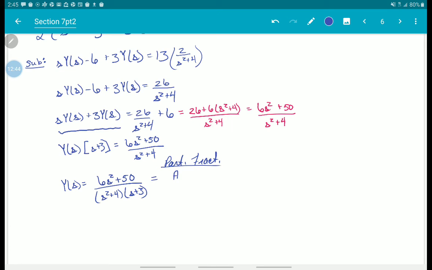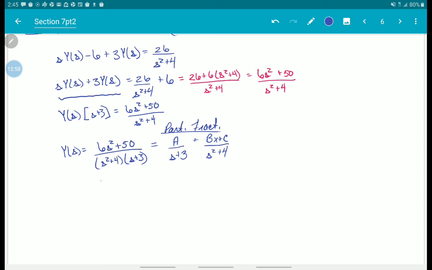So we have a linear term. I'm going to rearrange that denominator, and then we have an irreducible quadratic. So applying the partial fractions,